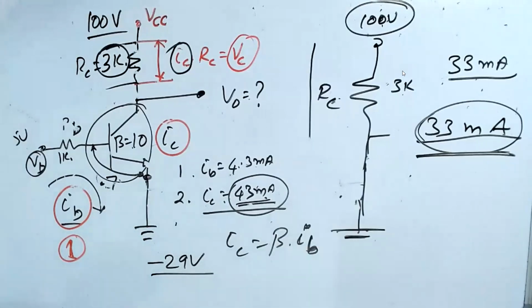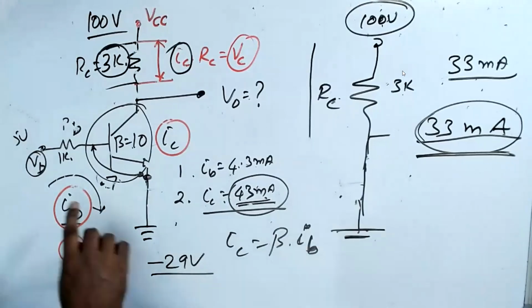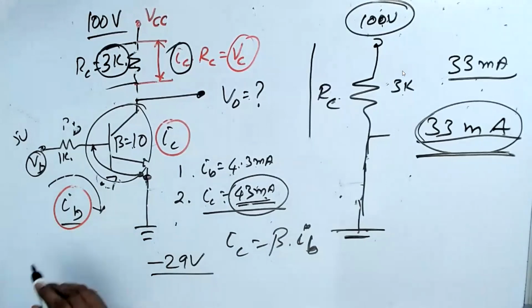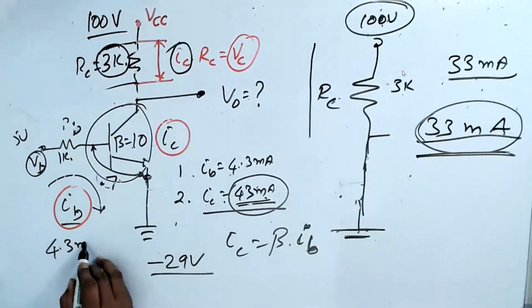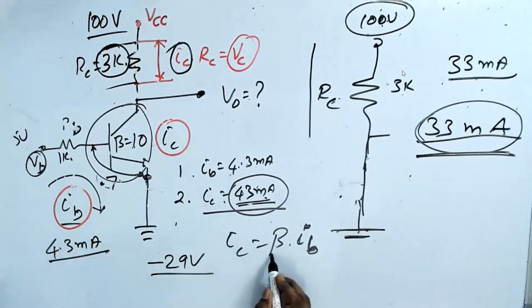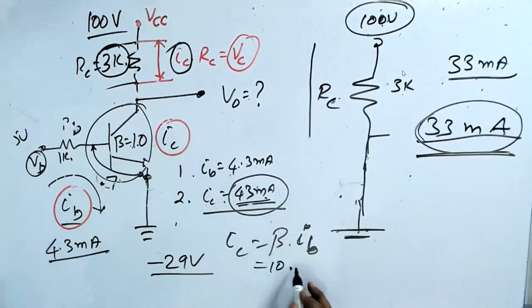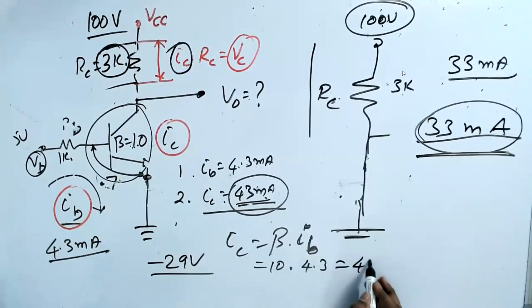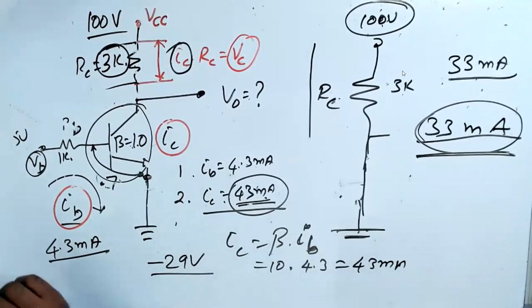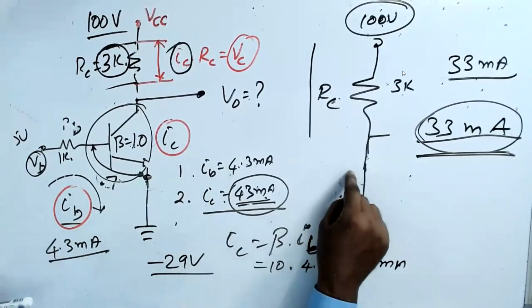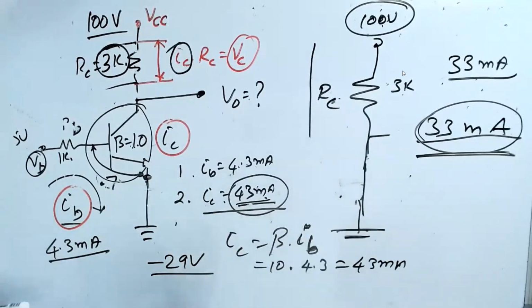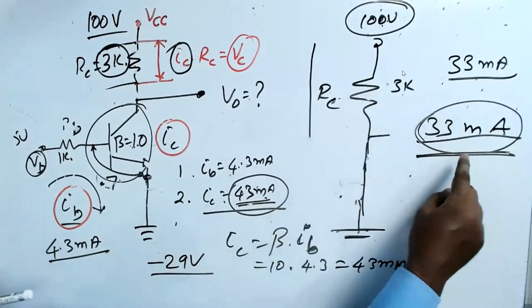Am I right? Now IB is how much? We have calculated IB is 4.3 milliampere. So IC, beta is 10. So IC is equal to 10 into 4.3, which is 43 milliampere. You have done all the calculations right. But unfortunately, you forgot one important thing. Whatever you calculate, this is all calculation. In reality, this current cannot be more than how much? 33